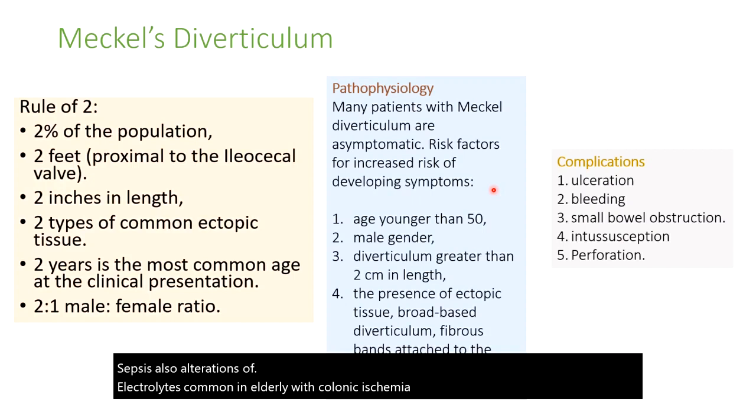Okay? There's something that will increase the risk for developing symptoms in patients with Meckel diverticulum, and that has to be in patients younger than 50, male gender, when the diverticulum is greater than 2 centimeters in length, or when